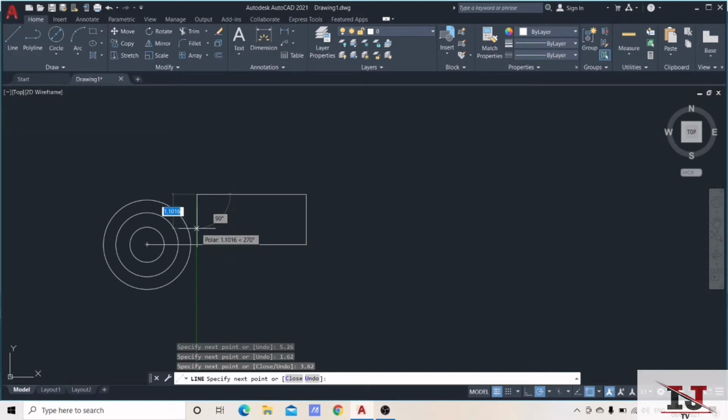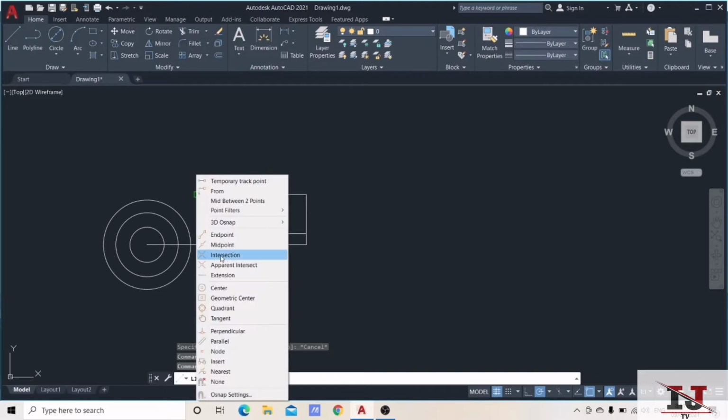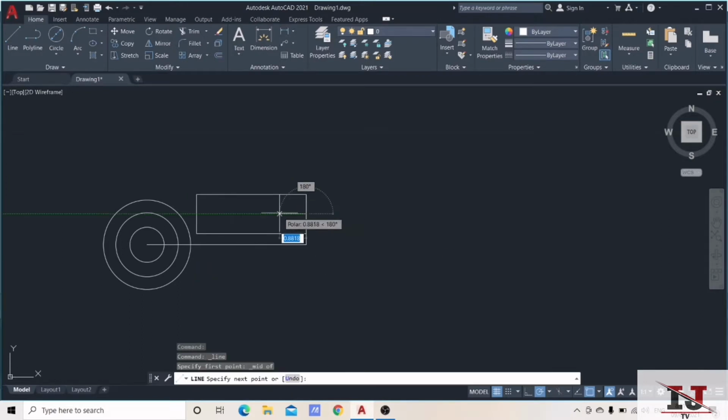And then 1.26. Alright, and then let's create a circle. To easily locate the midpoint, press shift and then right click to find the midpoint. We have the measure of 0.76,